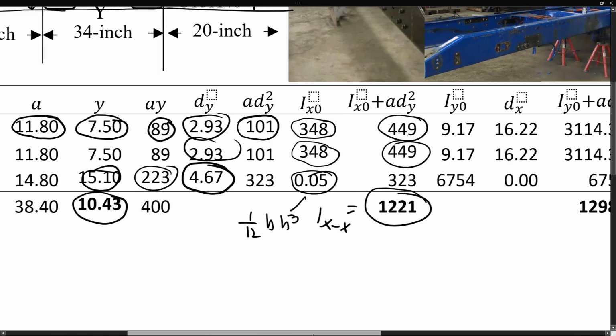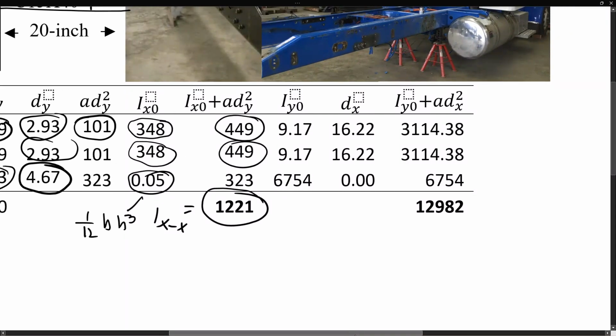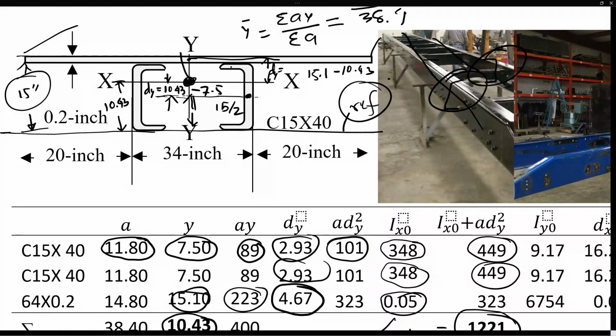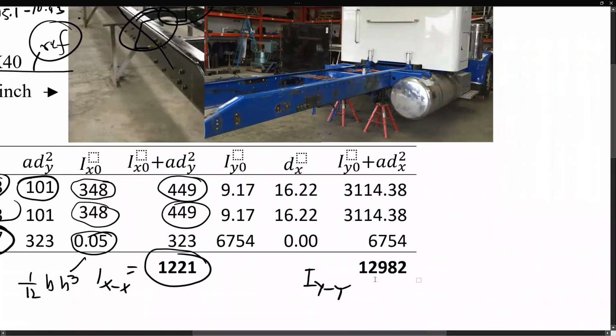Similarly, you can calculate for the y. This is the Iyy. Now, the Ix, you're calculating basically for the cross section, with respect to the center of gravity, centroid, for Ixx. Now you can also calculate the Iyy. We calculated that one is